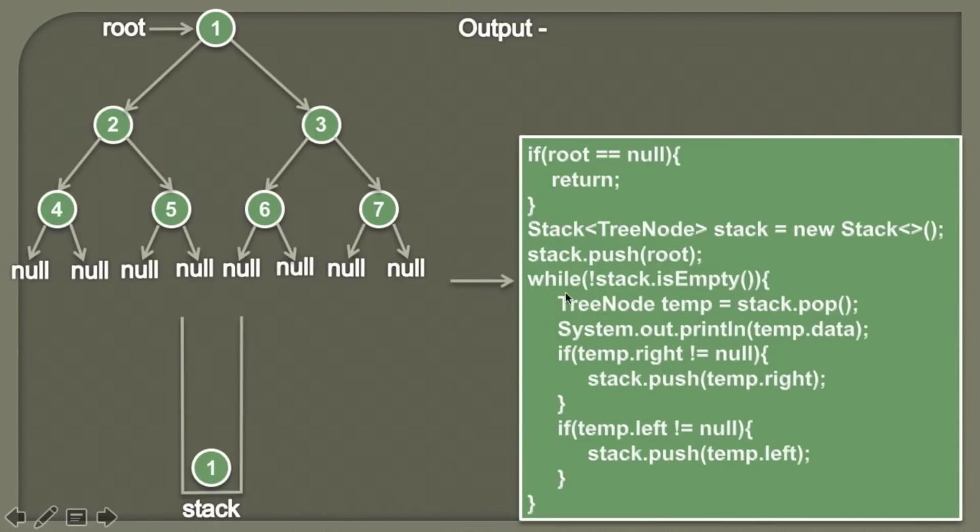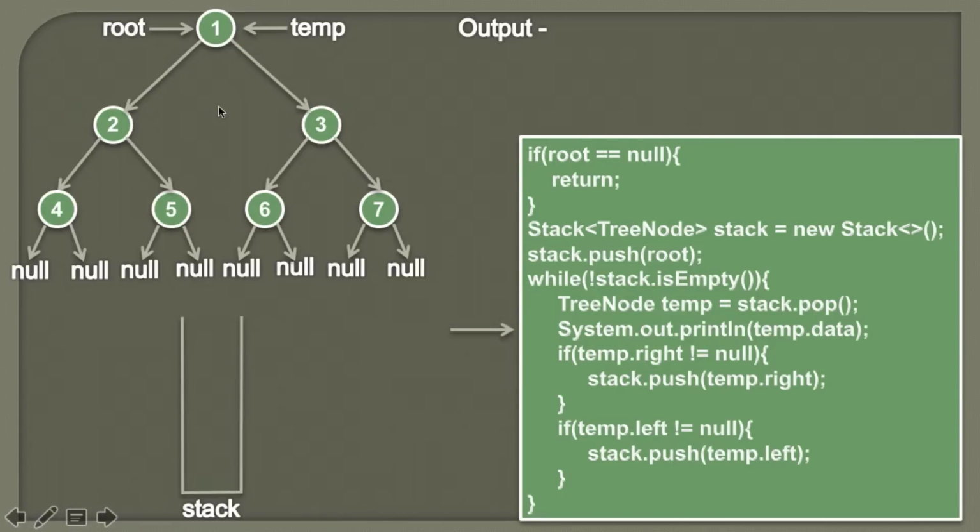So friends, as this is the iterative version of the algorithm, we are using a while loop and we are placing a condition that iterate till the stack is empty. Currently you can see stack is not empty because we have pushed one node. Therefore the condition in the while block comes out to be true and the while loop executes. In this line, as we know that stack has only one element, this element will be popped out, and we'll assign this popped node to a temporary node. So it would look something like this. First the node will be popped out. As the node with the data as 1 was popped out, now temp will point to that particular node. Moving ahead.